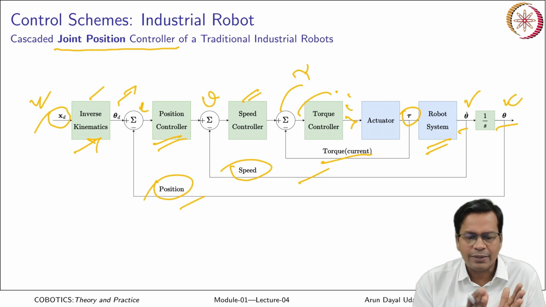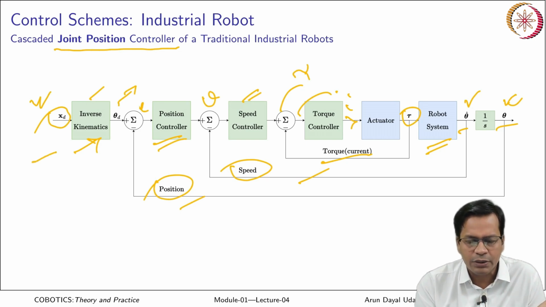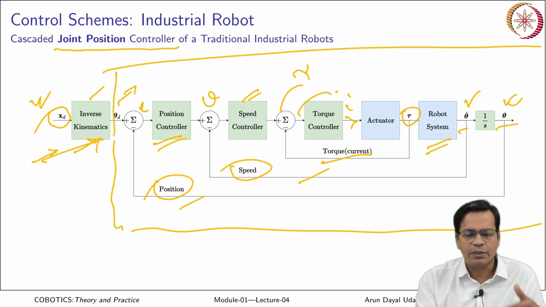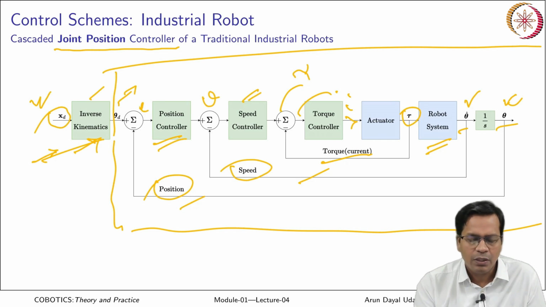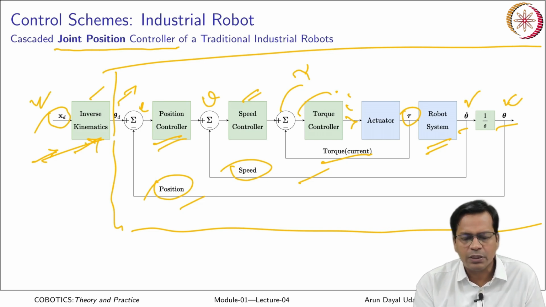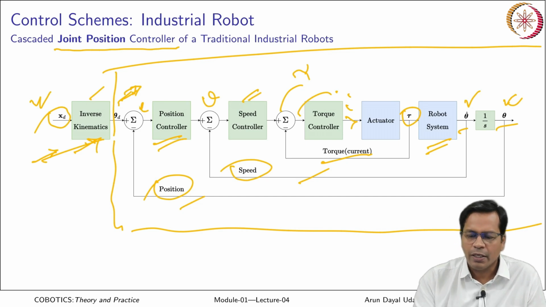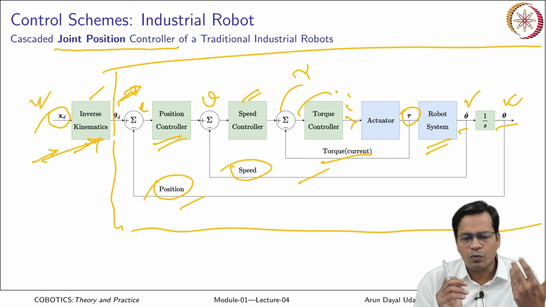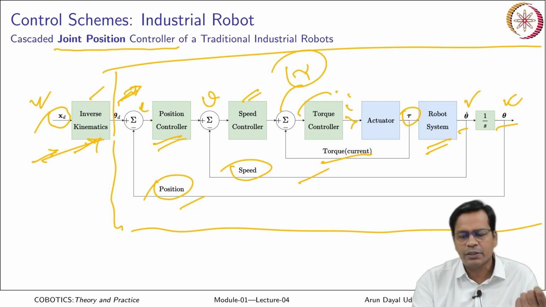So it is a cascaded controller where the input is the joint angle essentially. So this is my actuator. This is the system which calculates based on the kinematics if it is there. So based on the kinematics, it does inverse kinematics, calculates the joint angle, and finally the whole of the closed loop works on the joint angle feedback. Okay, we don't have much control over the torque, we can only limit this torque if at all there is any torque limiting feature in the actuator. So this is the structure of the controller.